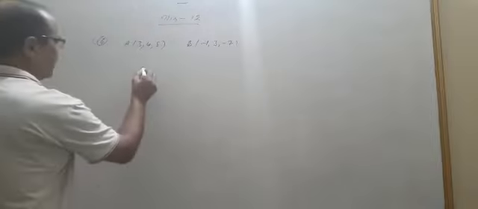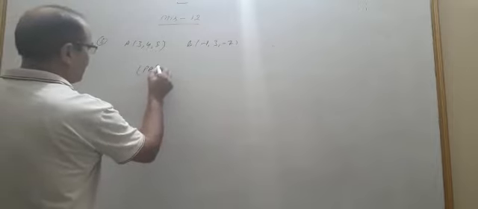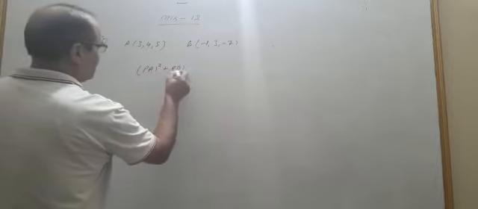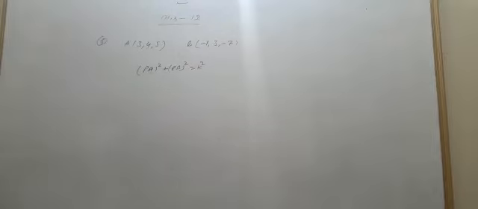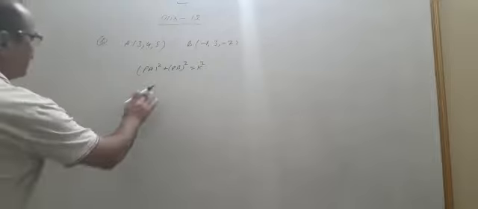find the equation of the set of the point P such that PA square plus PB square is equal to K square. See once again what is given. If A and B are the points, A is 3, 4, 5 and B is -1, 3, -7 respectively, find the equation of the set of the point P such that PA square plus PB square is equal to K square. So you have to find the equation of the point, so how?